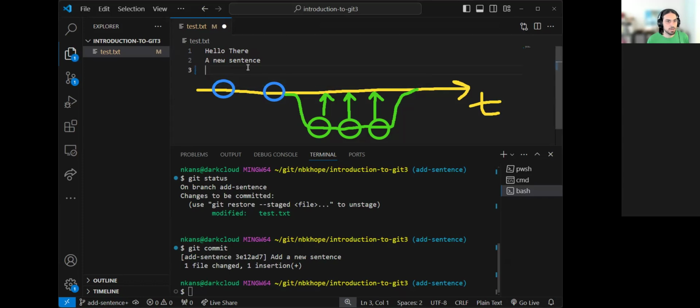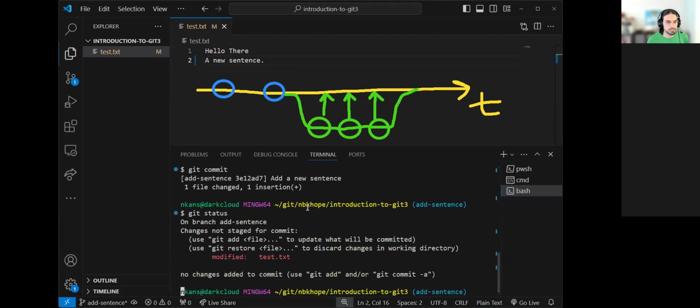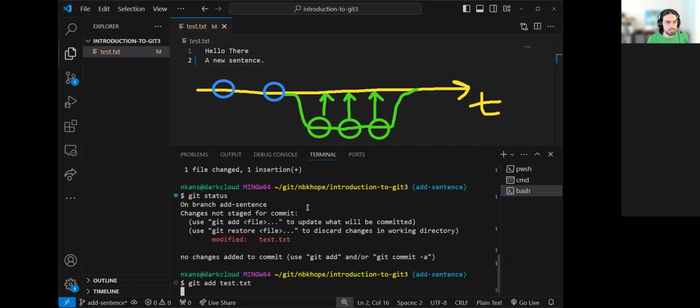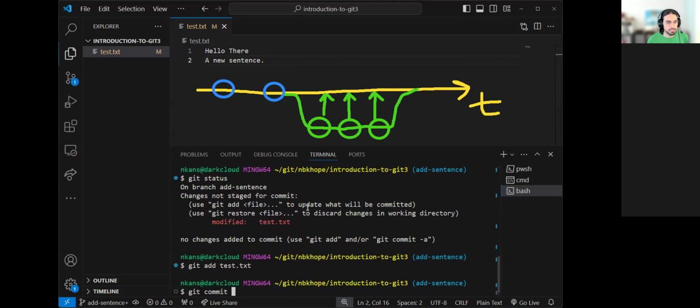And let's add another one. Maybe I forgot to put a period. I'll put a period there, do the same thing. git add test.txt, and then git commit -m, add period to end of sentence, something like that,